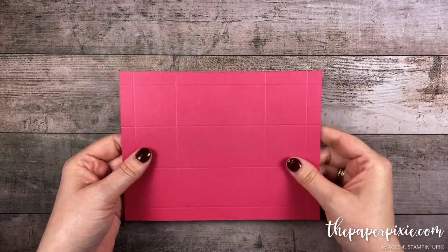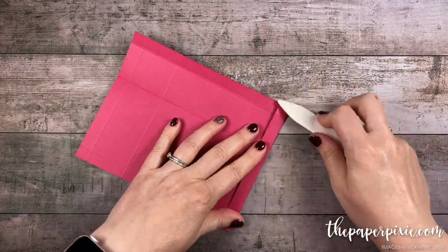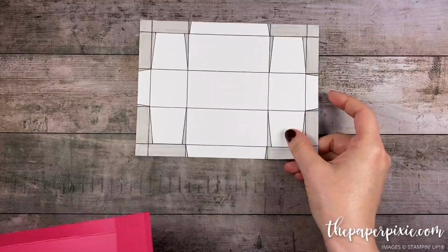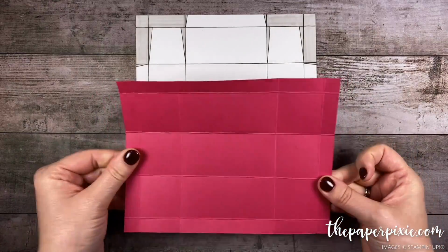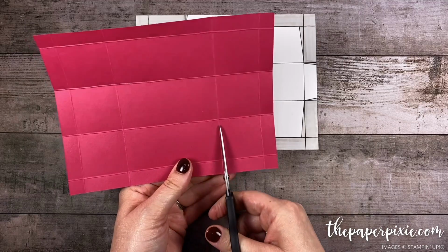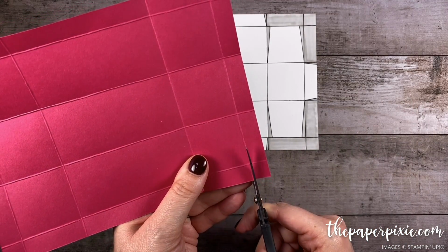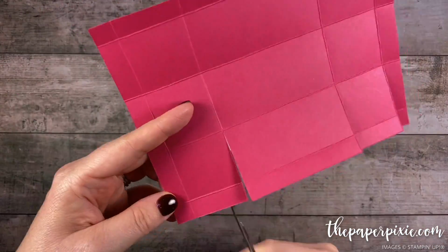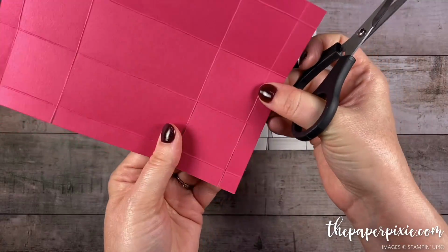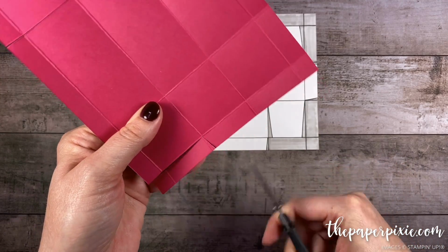Now with the lid, we're going to fold and burnish on all the score lines. Bring in a template here. Now with this in landscape mode, I'm going to cut up each of the vertical score lines, stopping at the second horizontal score line. Then we're going to come in and I'm going to notch this little section here and remove those 2 sections